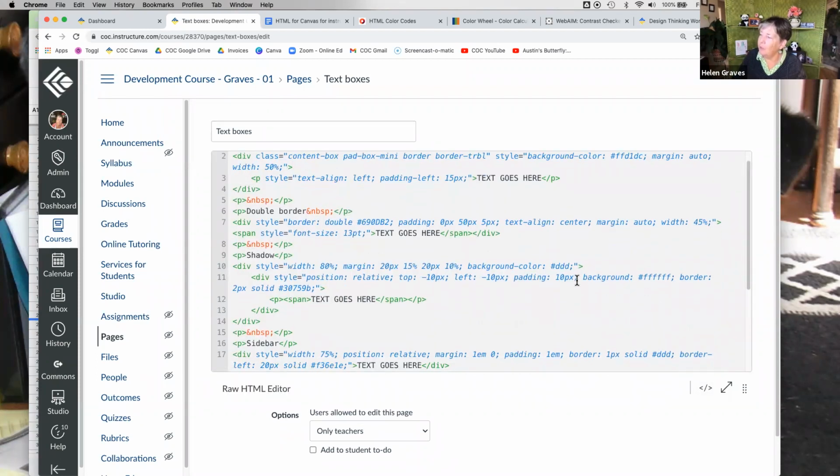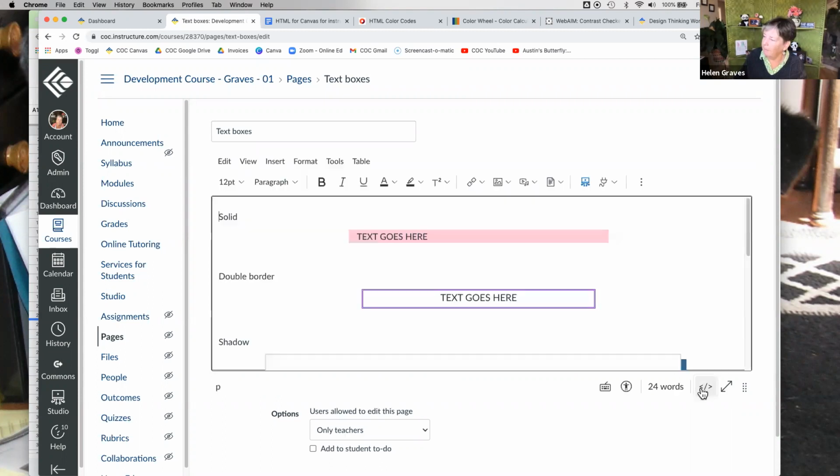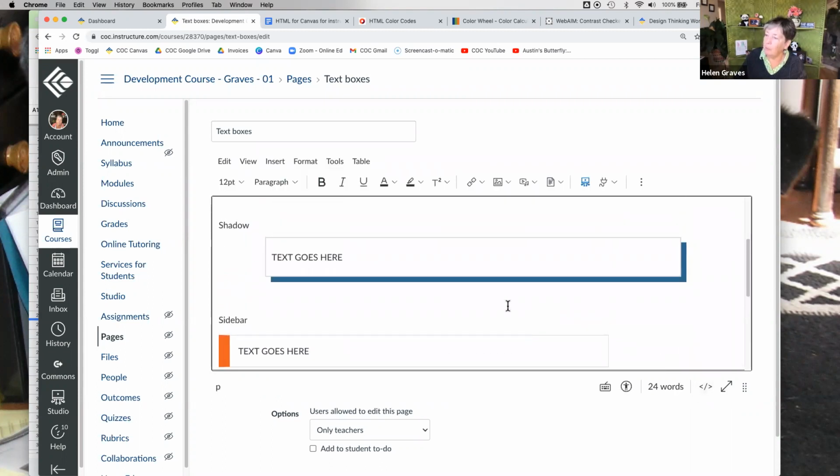If I wanted to do that backwards, I could say 30759B, and then change this color to be my gray. And you can now see my background is that blue and my little gray border is on the text one.